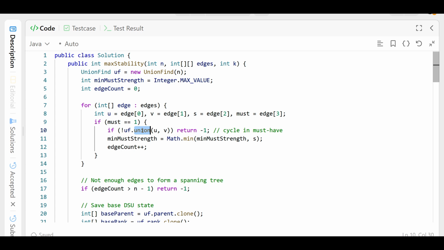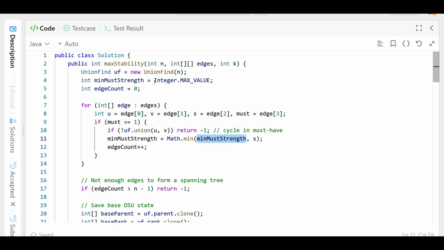If it returns false, it means it forms a cycle, so we return -1. Otherwise we'll update and track our min must strength, and the given strength